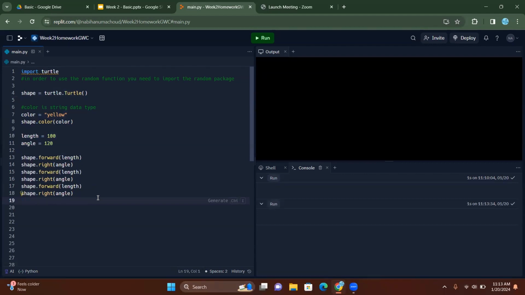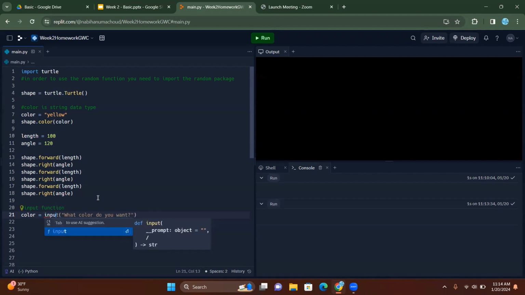All right, next we're going to use the input function so we can type in the color that we want. I'm just going to use comments to make my code readable. All right, so we want to change color. So we're going to assign color to our user input, using input,